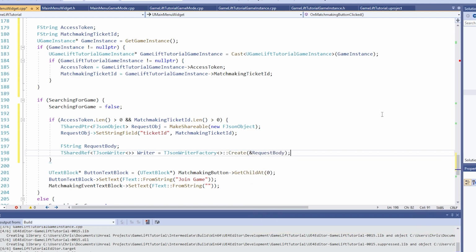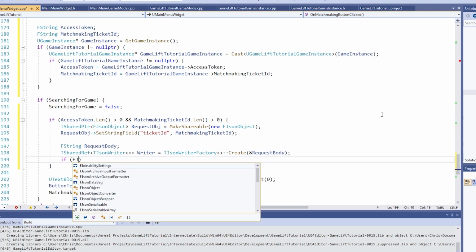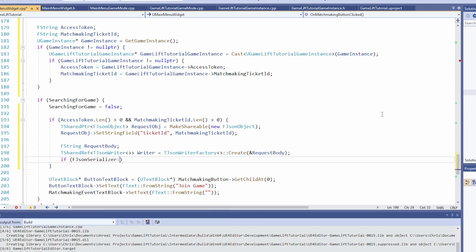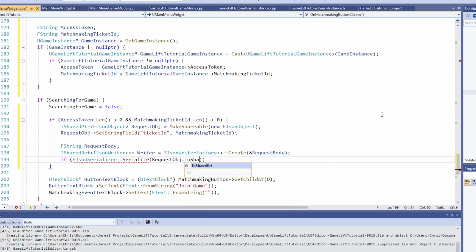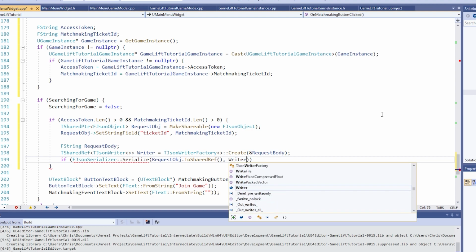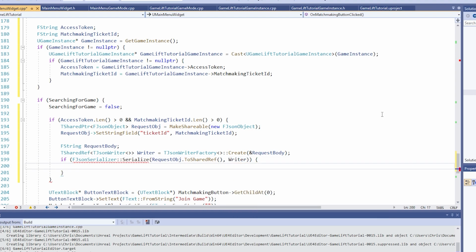Now let's serialize the request body object into a JSON formatted string and check if that serialization went okay by typing out if in parentheses FJsonSerializer double colon Serialize, and then in parentheses pass in request obj.ToSharedRef parentheses comma writer, and then a pair of squiggly brackets. And if the serialization is successful, then let's make an HTTP request to the stop matchmaking endpoint by typing out